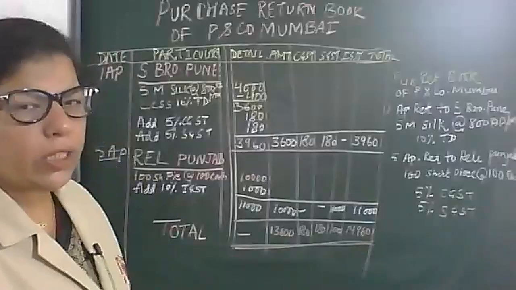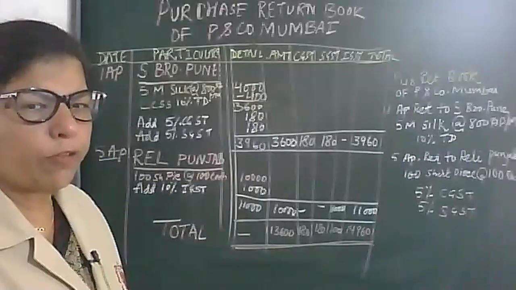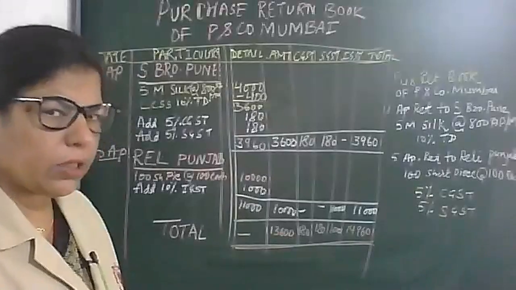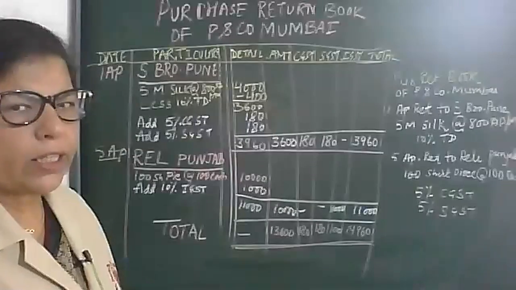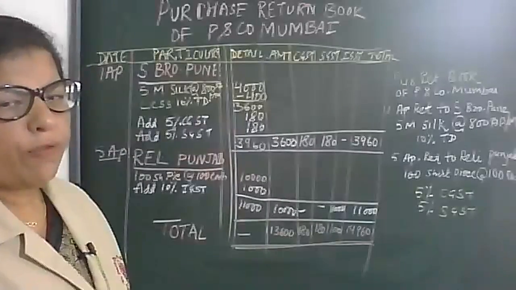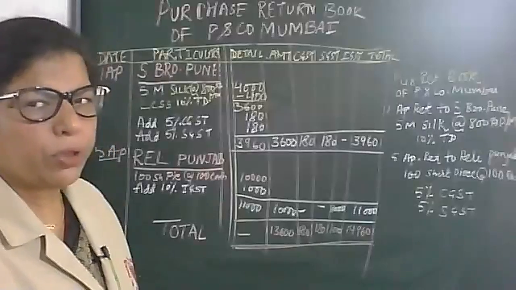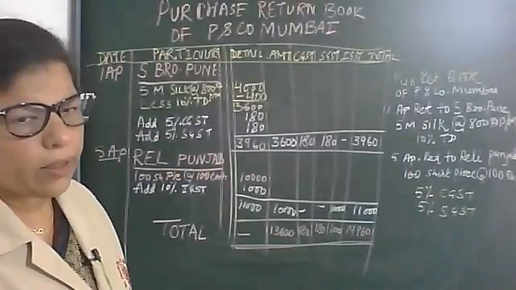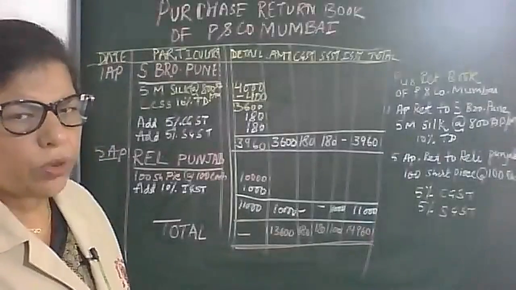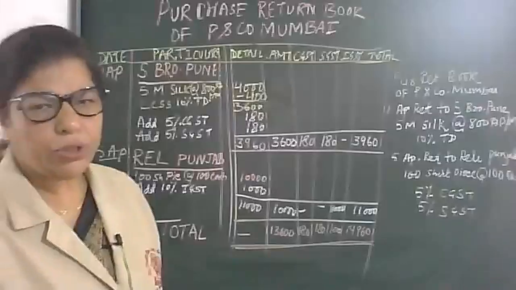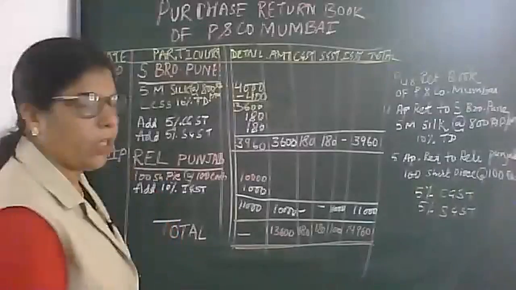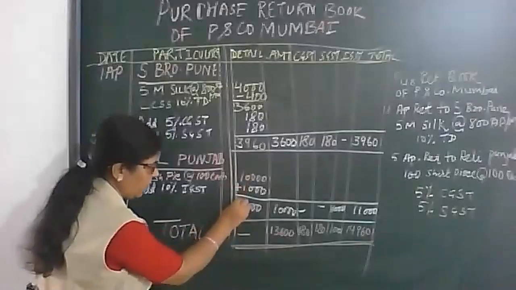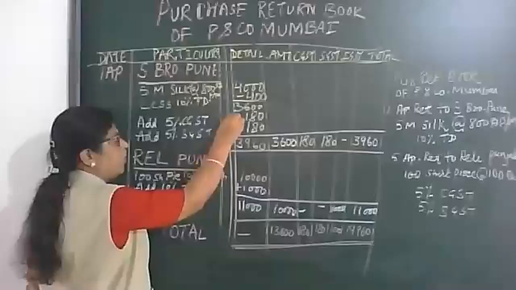See, in this question, I gave you the example of both: with the same state, CGST and SGST, and when there are different states, then IGST. If there is trade discount, you should subtract it. If there is no trade discount, don't do that. Discount should be subtracted, taxes should be added. We can put the plus symbol.